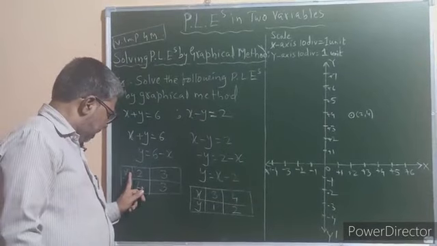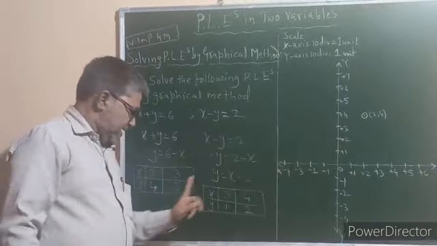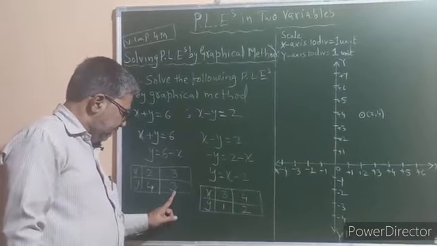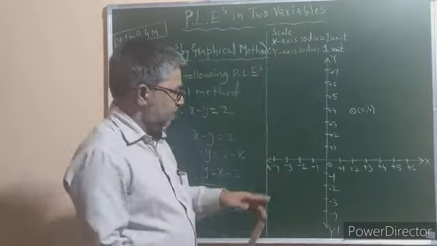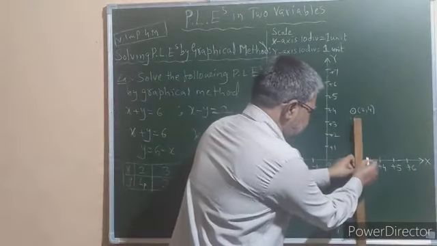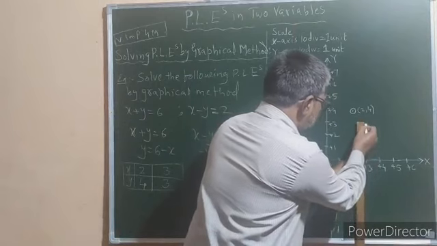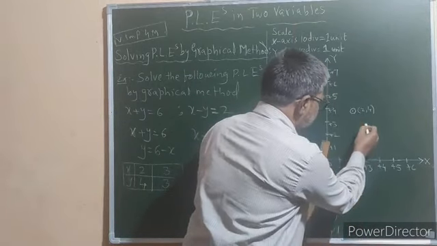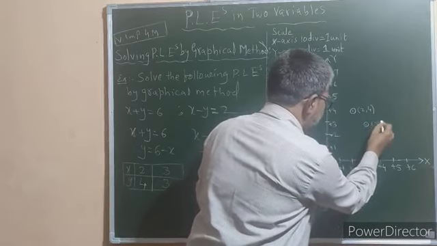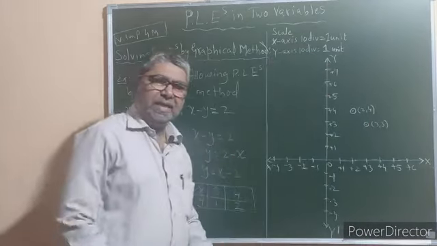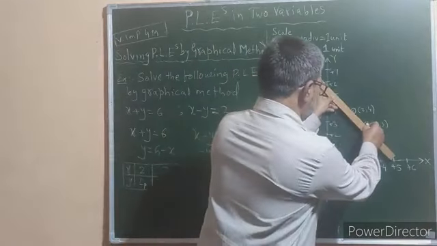The value against x is 3, that is to be taken on the x-axis, and the value against y is 3, this value is to be taken on the y-axis. So 3 and 3 means x is 3 here, go vertically upward till you get 3 towards the right side. So this is the point showing abscissa and ordinate as 3 and 3. Now draw a line passing through these two points.